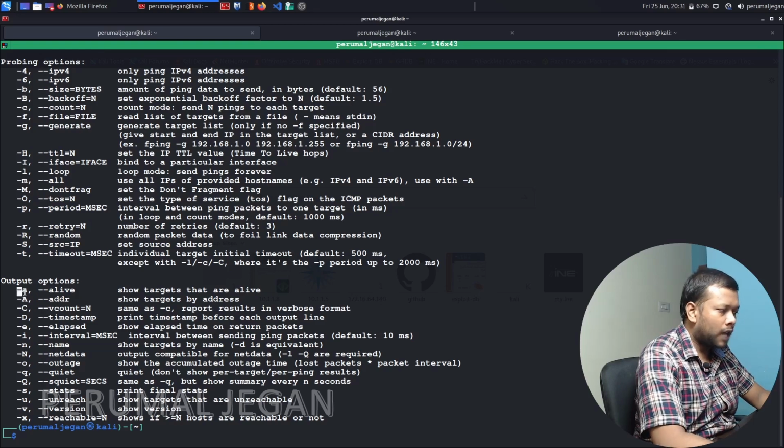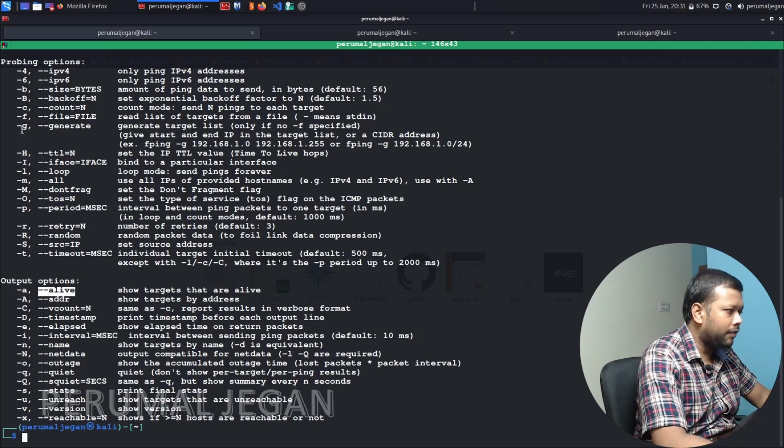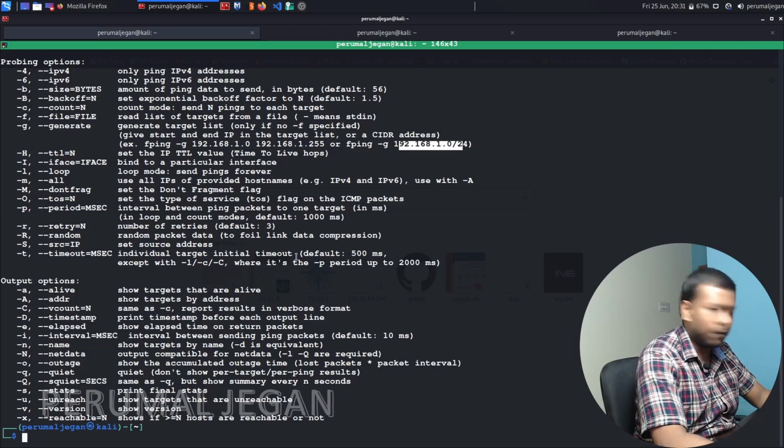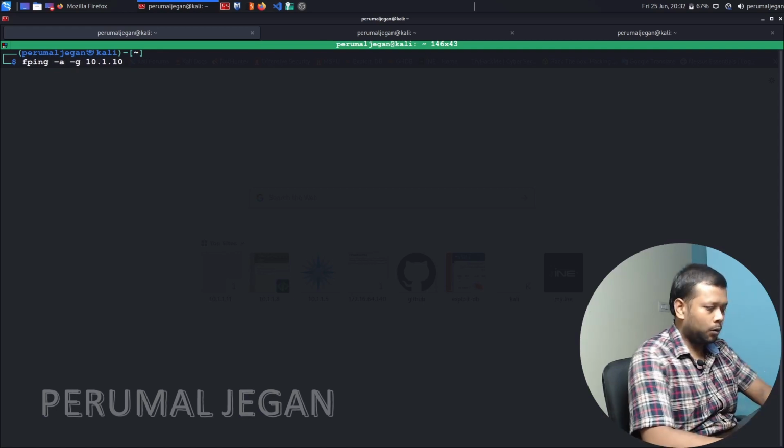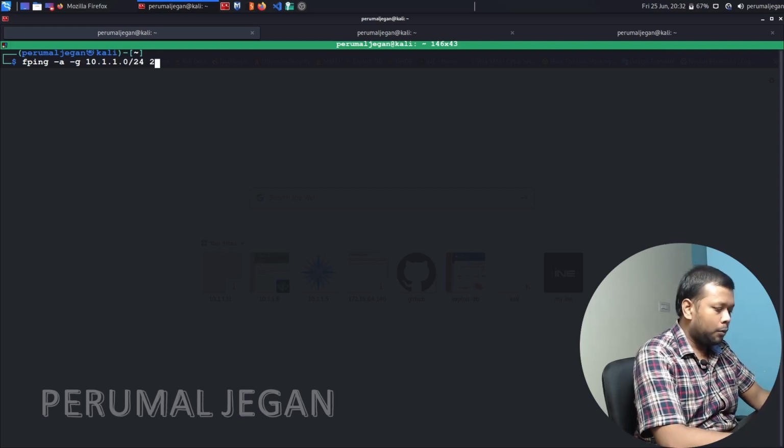I'm going to use -a to show only the alive hosts, and -g to specify a particular IP or a network, 10.1.1.0/24, and I'm going to flush the unwanted outputs.